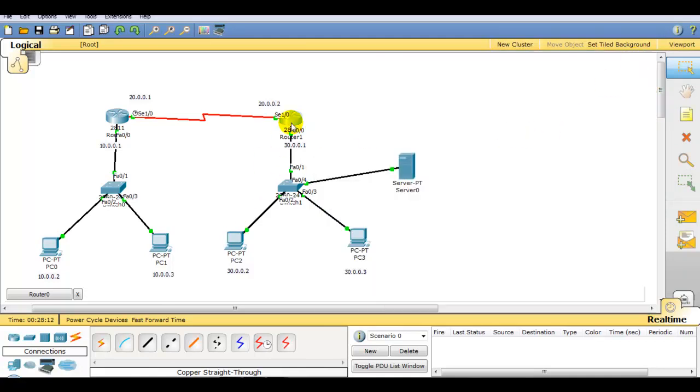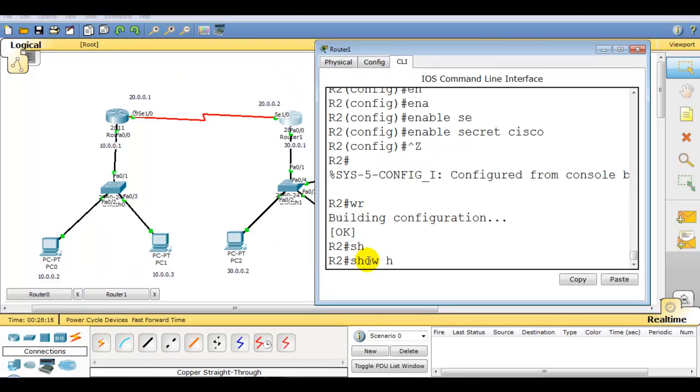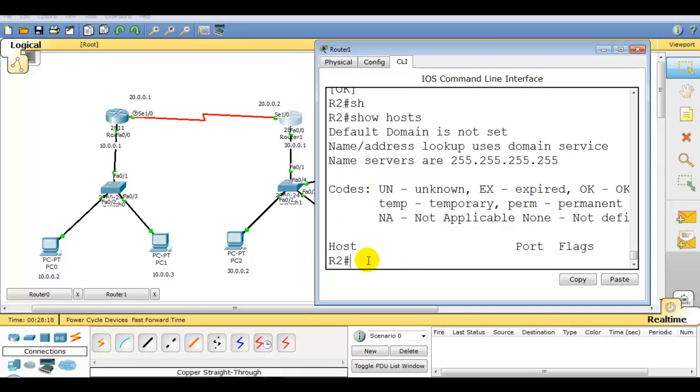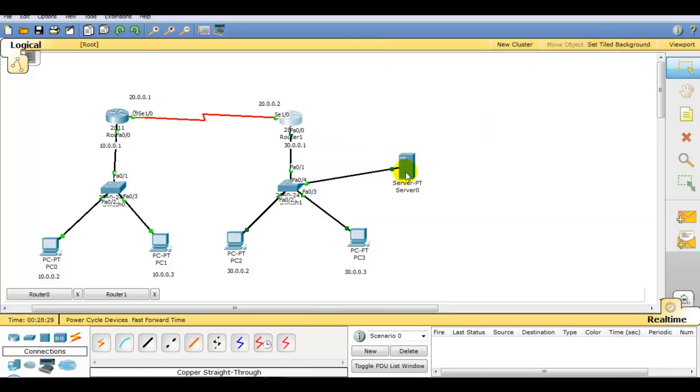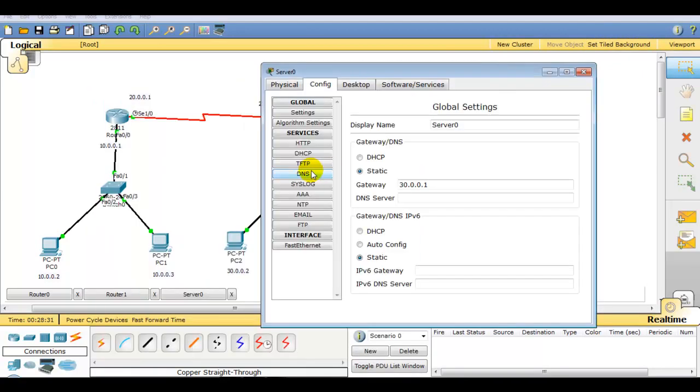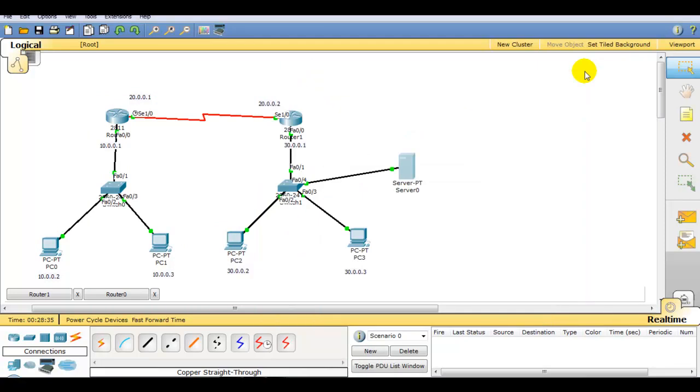Now you can see over here show host, no entry, but if you write ping R2, you can see it pings because we have entered the DNS records manually like this. So now it is not required to maintain the table over here.